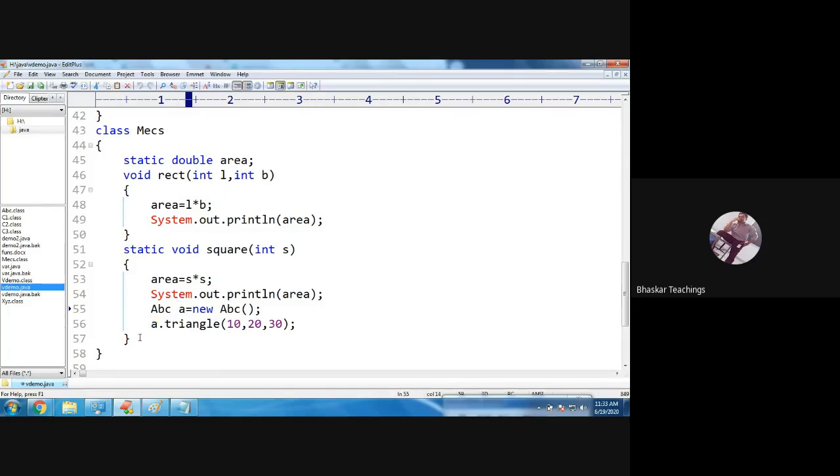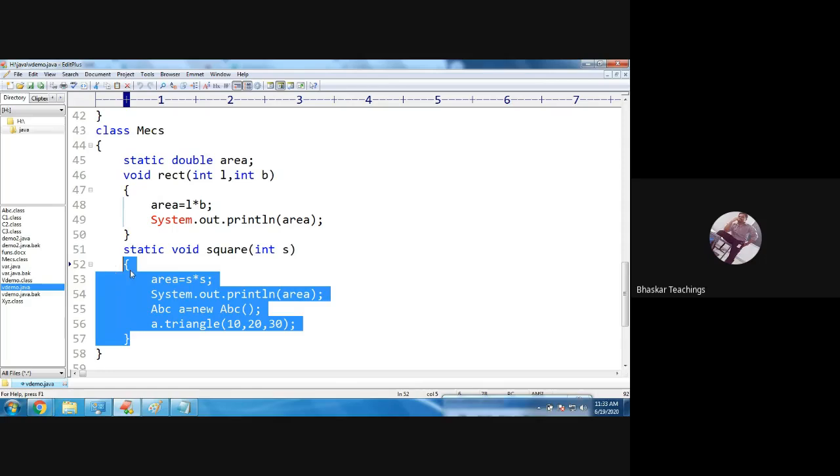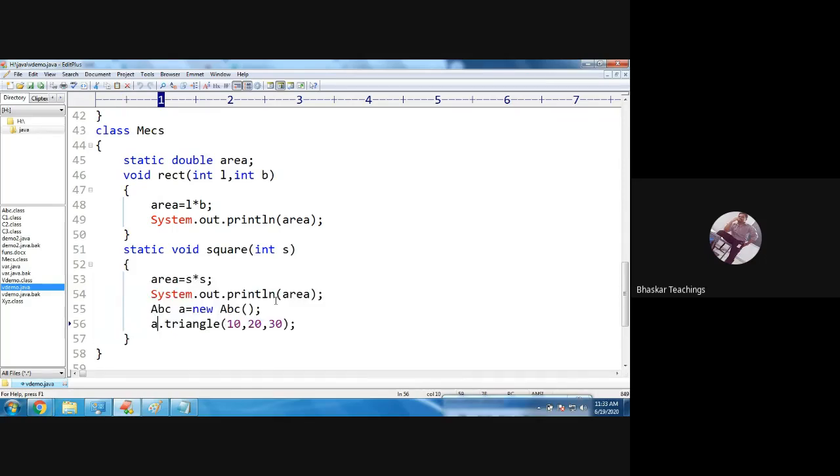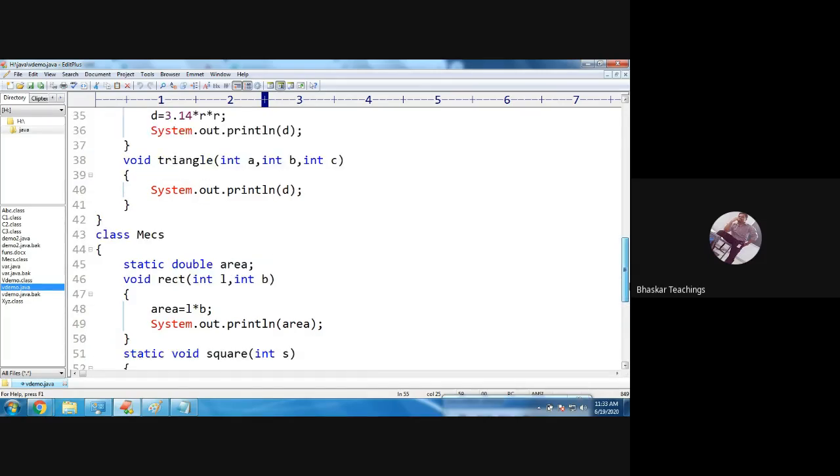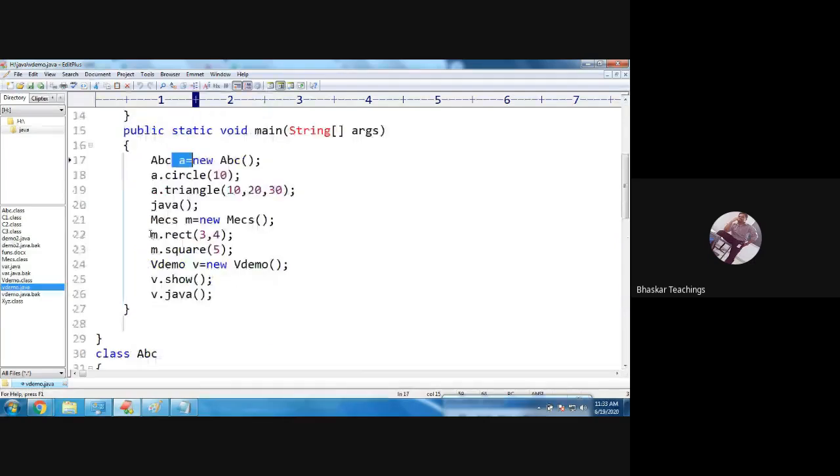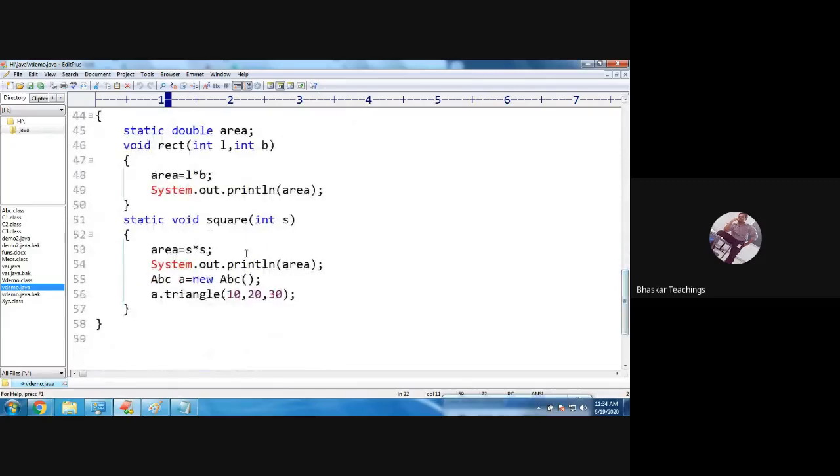available in memory until this function is running. Be careful here, remember. Here we are creating object abc as a local variable. So we have created objects for mecs and abc in the main method, and these objects will be available until the main is running, that is, throughout the program main will be running. No problem with this, but here the object for abc is created inside the square method of the mecs class, so it